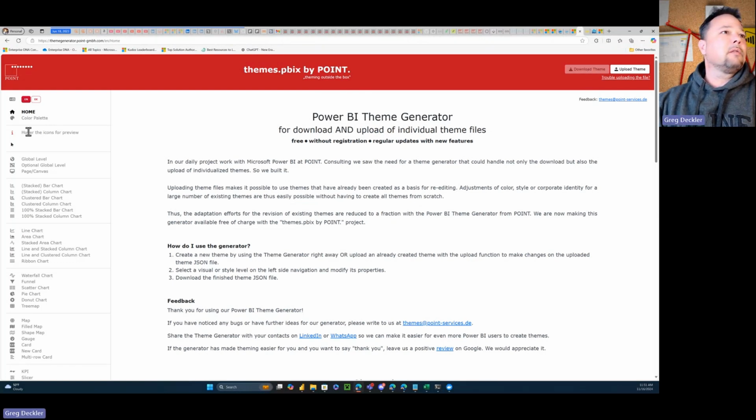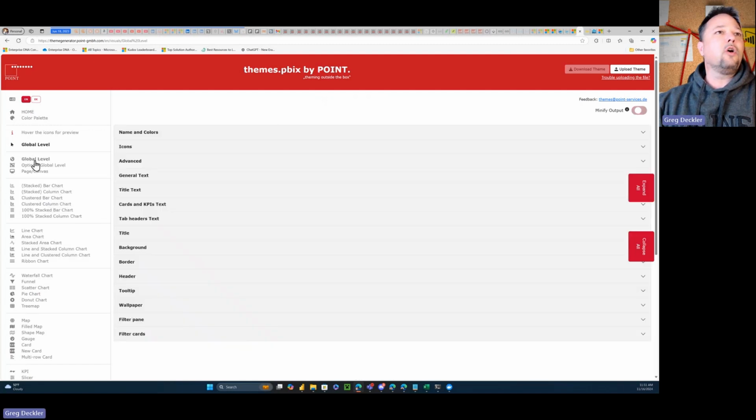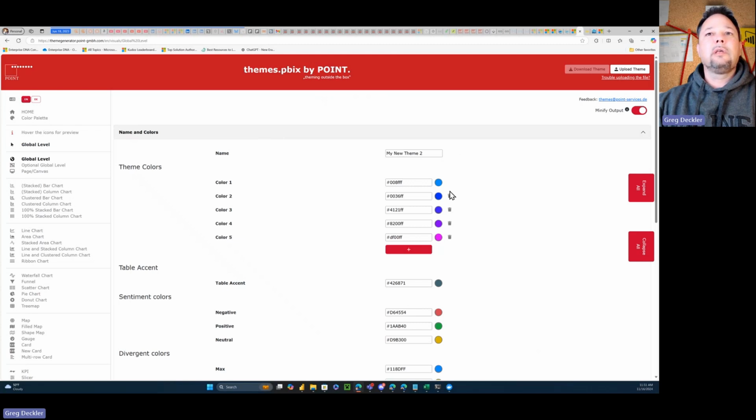And then yes, we have to hover the icons for preview. Hover the icons for preview. Oh, okay, that's cool. It's a preview of what we're going to see when we go to the global level. Okay, this is similar to Enterprise DNA, it looks like, names and colors. Okay, they do have some kind of color, it's not just your basic, like I think